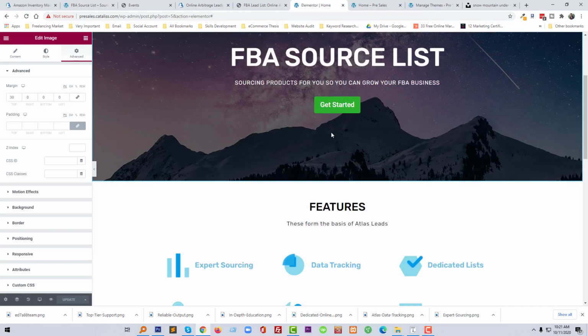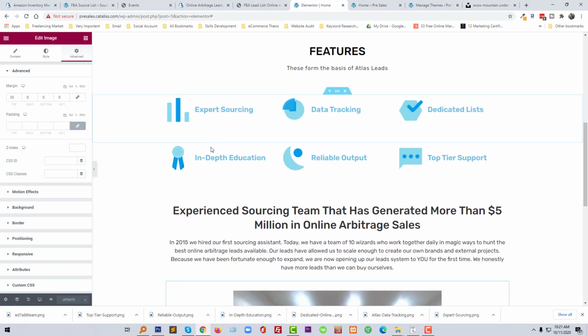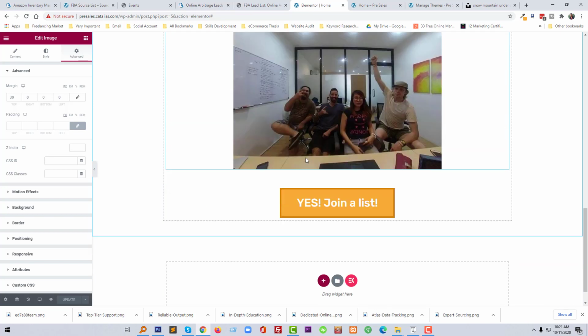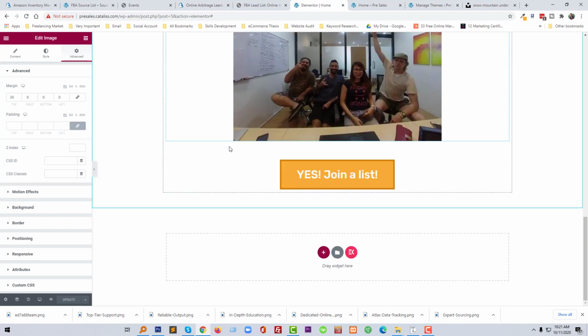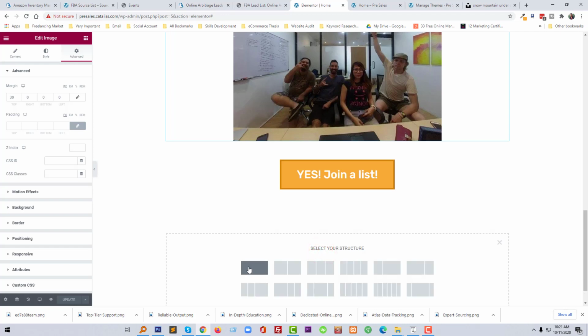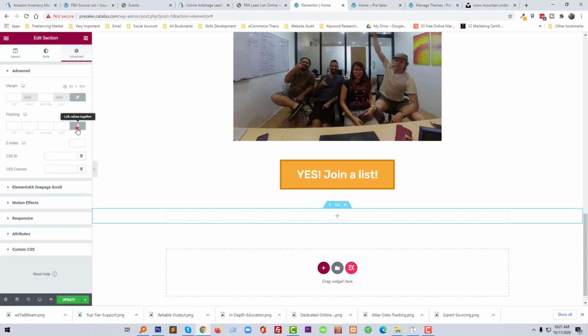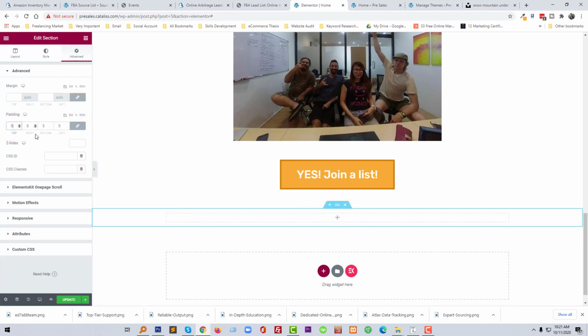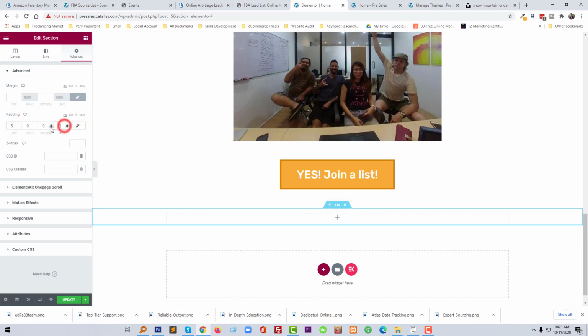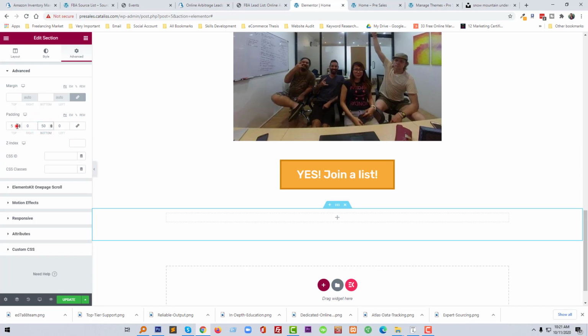In the top section, then featured and about section. Now we want to add some testimonials at the bottom of the about section, so I'm going to add a new section, select this structure, single structure, then add padding of this structure. Padding bottom. Okay,